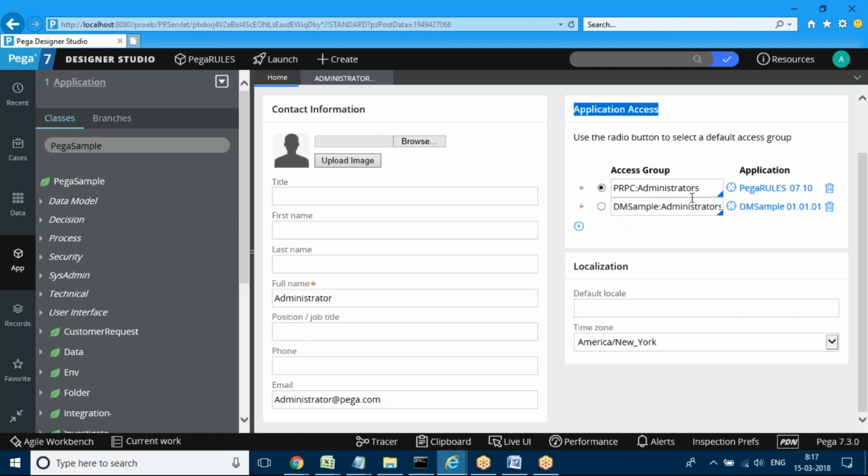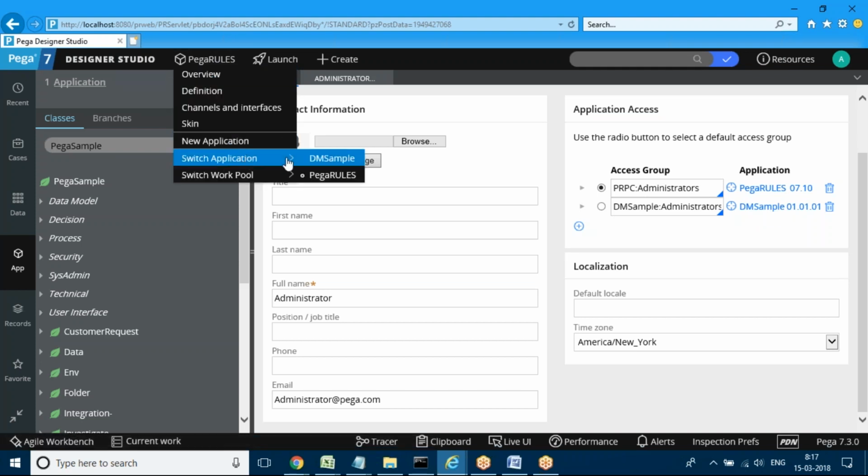So what application access is given? Remember, in the default ID, see here, they have given access to two different applications. One is Pega Rules. Currently we are in the Pega Rules application, and another application is DM sample. If they want to access the other application, they can switch between the applications. In some cases the same developer can also work on two different applications.